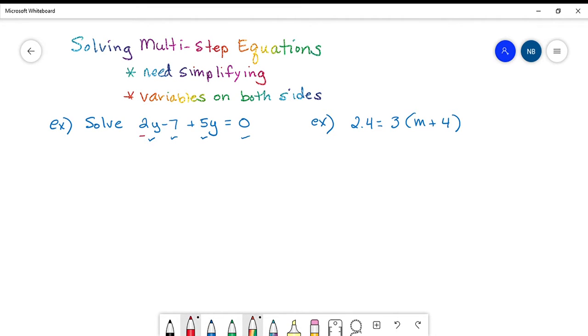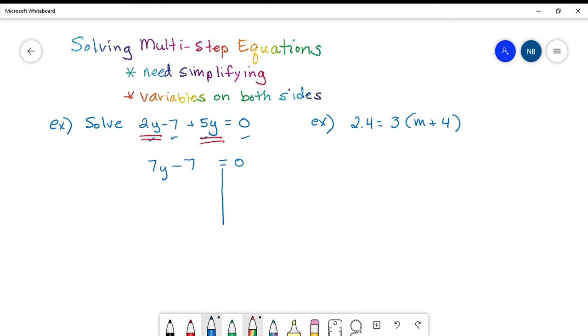So something needs to be simplified here on the left. 2y plus 5y simplifies. Those are like terms. We add them by adding the coefficients of 2 and 5 and get 7. So we have 7y, recopy the minus 7, recopy the equal 0, and now what you have is a common